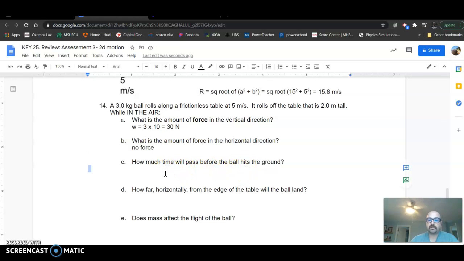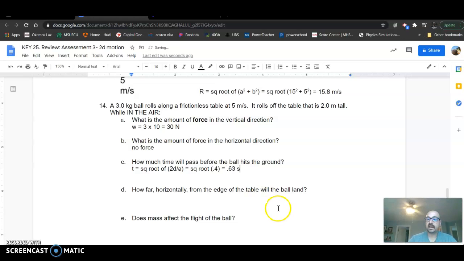How much time will it take before the ball hits the ground? The formula we used a lot, but some kids seem to be forgetting, is time is the square root of 2d over a. You just got to have that handy when you do the assessment. And then if I'm doing the square root of 2d, the table is 2 meters high. So 2 times 2 divided by 10. So I take the square root of 0.4 and I get 0.63